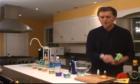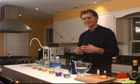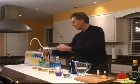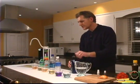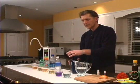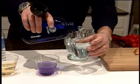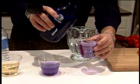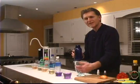Now, what we want to do is also show you something very interesting. Instead of using drugs or over-the-counter medications to neutralize acid, keep in mind, we're looking for a dark blue or a purple color. I'm going to show you something very interesting with our Kangen water. We're going to start here with the municipal water. As you can see, this is a neutral water, but just by pouring a little bit of Kangen water on top of here, we've just neutralized that, or we've taken that water